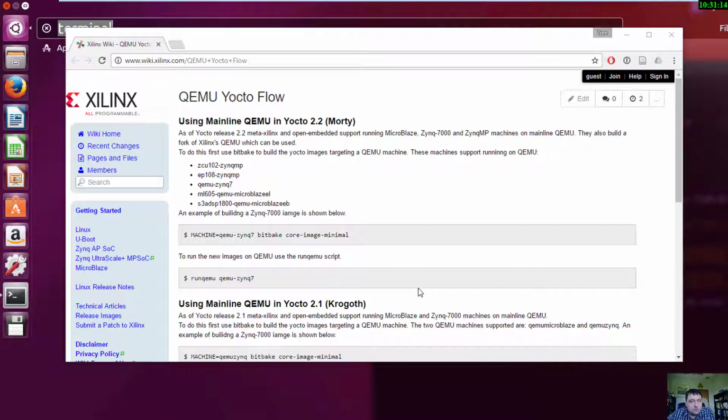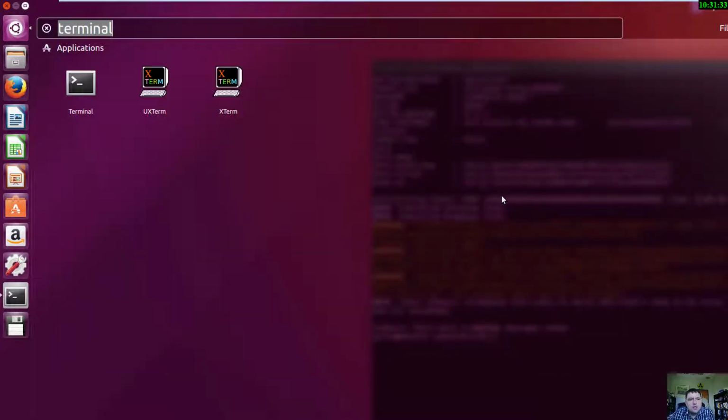A word of note, this is not going to simulate anything in the programmable logic part of the design. So this is the theme for this project: I'm building the 7-segment display driver. This is not going to emulate that hardware, it's just going to emulate the kernel and all of the other parts. So to get started, I'm going to open up a terminal window,